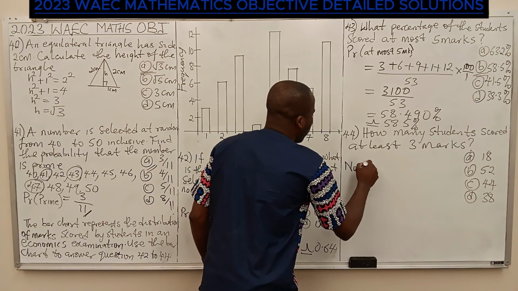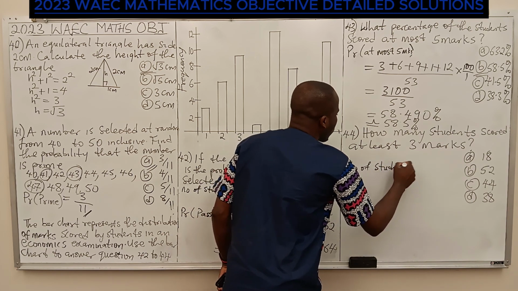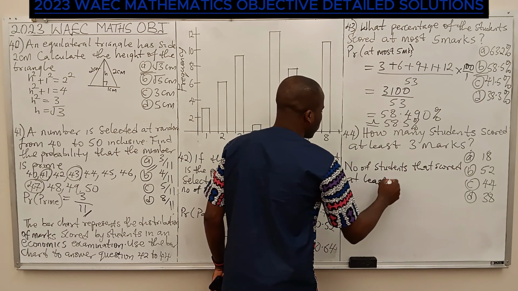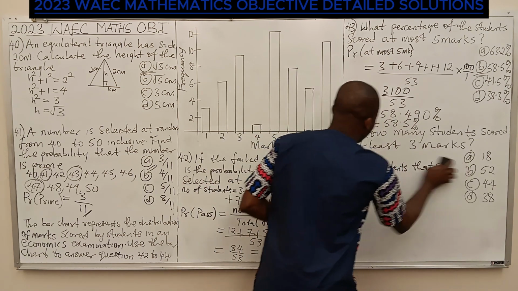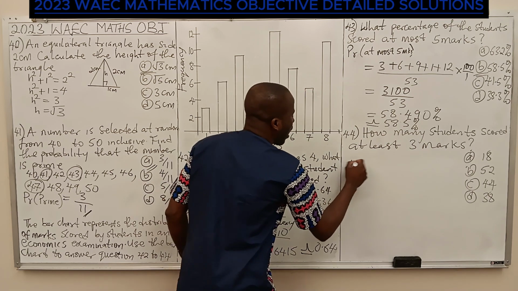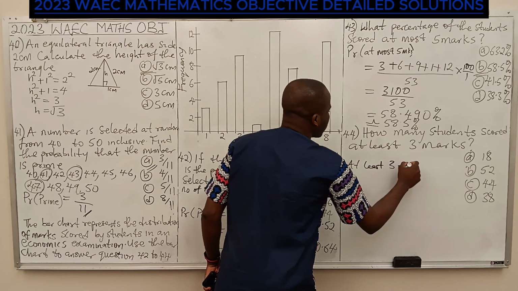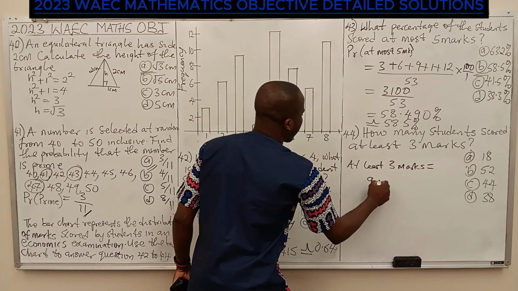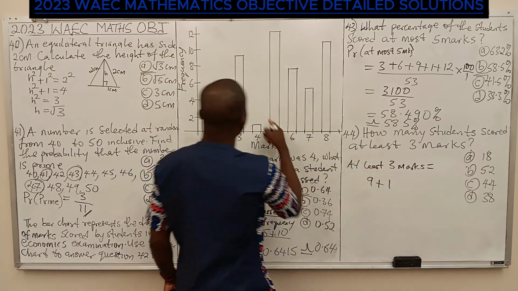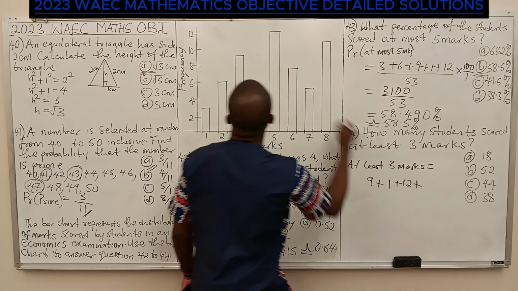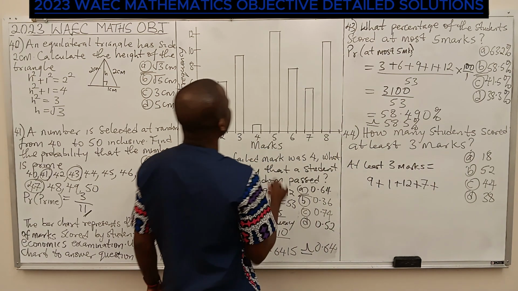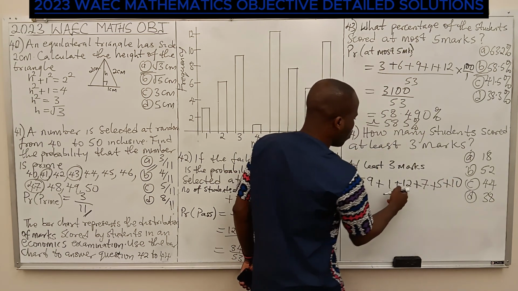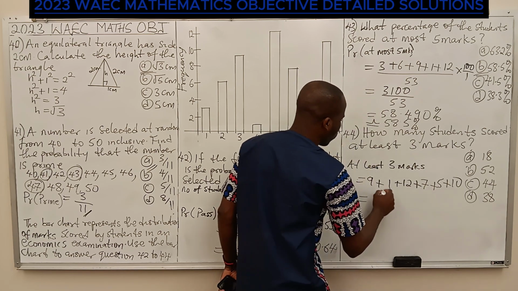So the number of students that scored at least 3 marks will be equal to 9 plus 1 plus 12 plus 7 plus 5 plus 10. 9 plus 1 is 10, 10 plus 10 is 20, plus 12, 32, plus 12, 44, which is